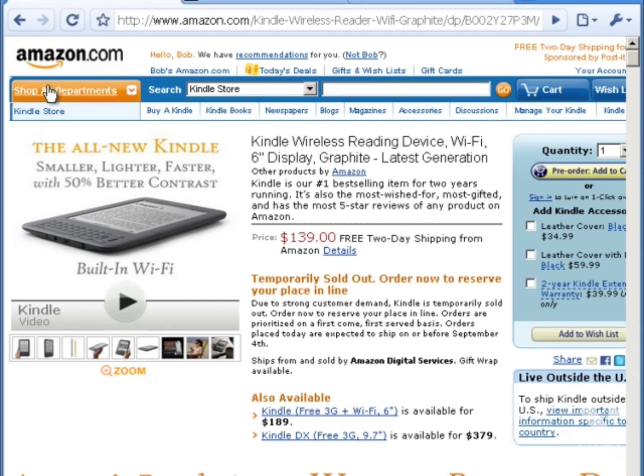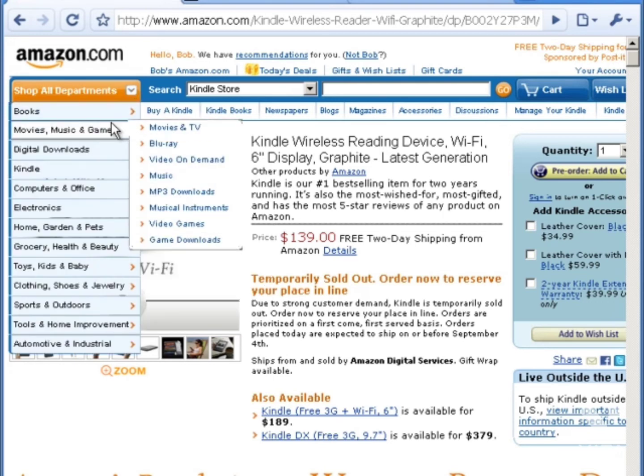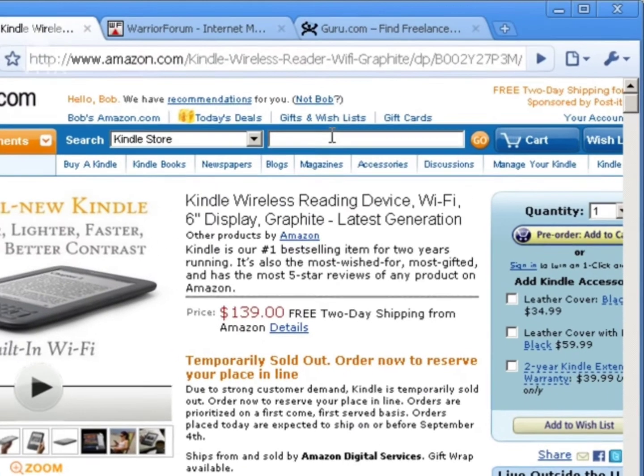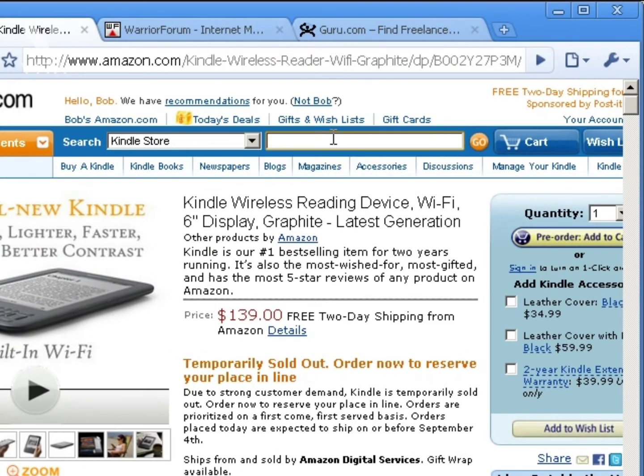And if you want to get an idea of the different types of books, you could always go to Amazon. I know I keep telling you to go back to Amazon, but guess what? You already have all the resources that you need. So you can go to books, textbooks, look around, get an idea of your passions. You've already brainstormed and figured out what you wanted to write about, but it's time to write about it.